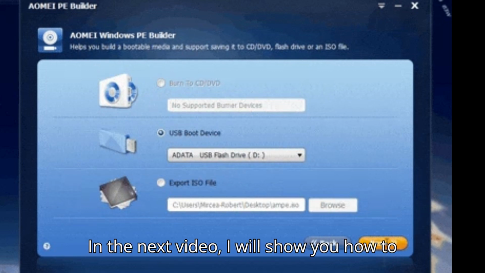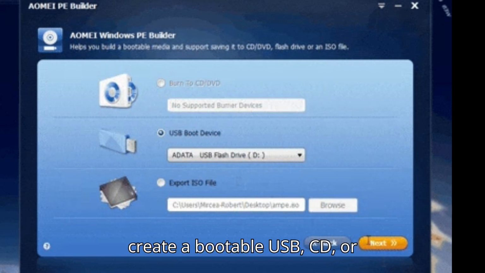In the next video, I will show you how to create a bootable USB, CD, or DVD in a